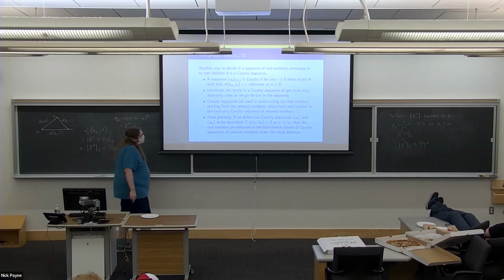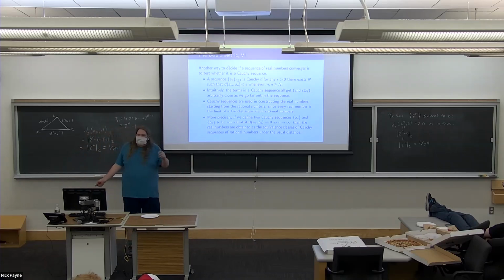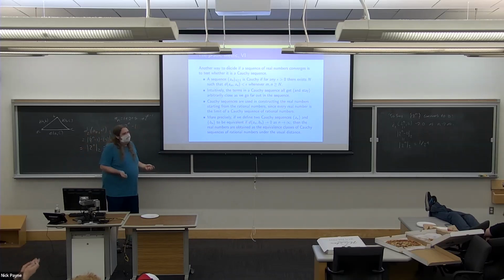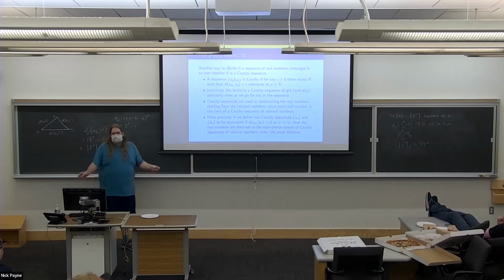Okay. And in fact, if you want to construct the real numbers, the best way, in my opinion, to construct the real numbers is with Cauchy sequences. Right, so how do you get the real numbers? You start with the integers, because the integers are just handed down on a tablet. All right. And then you construct the rational numbers, which is easy. You just write down some equivalence classes of fractions, like I do when I teach intro to math reasoning, and also every day before I wake up.